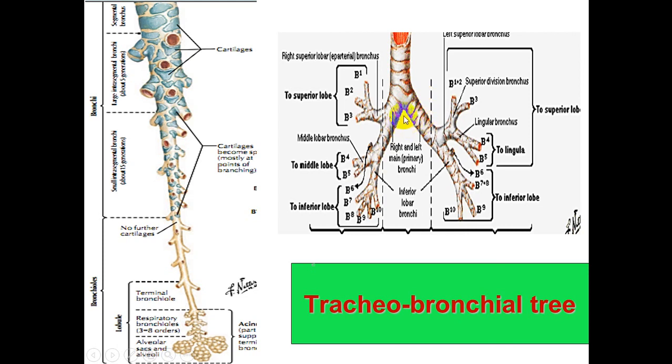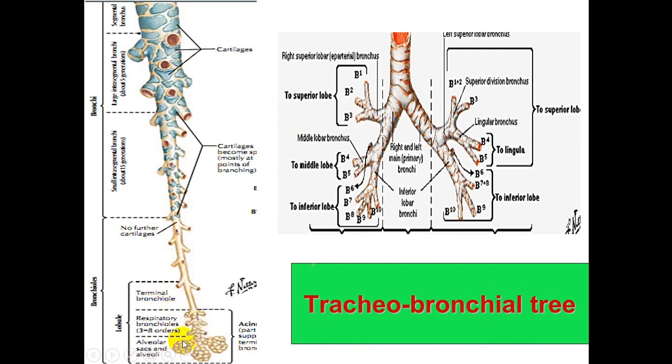Now these two will enter the hilum of the lung and divide in the tissue of the lung into secondary branches, and these depend on the number of lobes in each lung. Then further these branches divide into segmental branches, which are called segmental bronchi, 10 in each lung. From here onward, the division within the segment of each lung will be as terminal bronchiole, respiratory bronchiole, alveolar ducts, and alveoli.